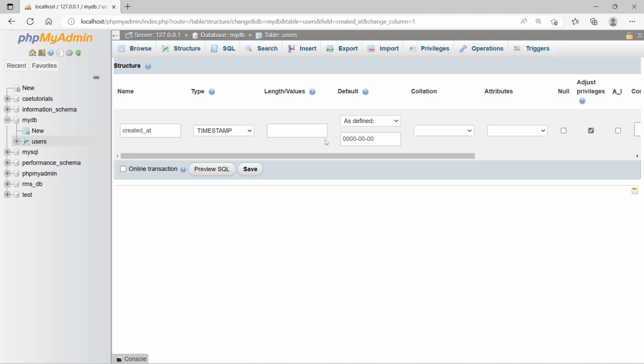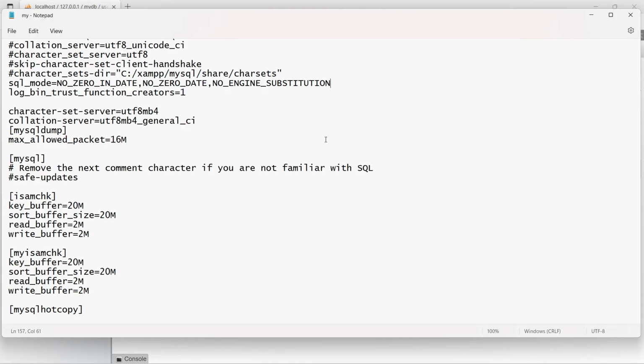So the first solution to this problem is that you change your my.ini file, you change the SQL mode and remove the restrictions that do not allow zero values.